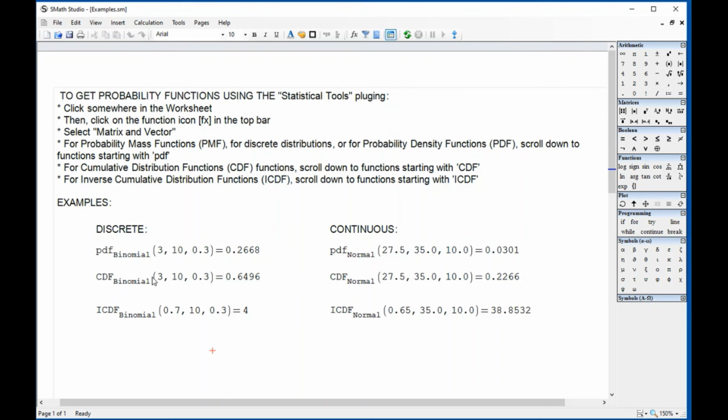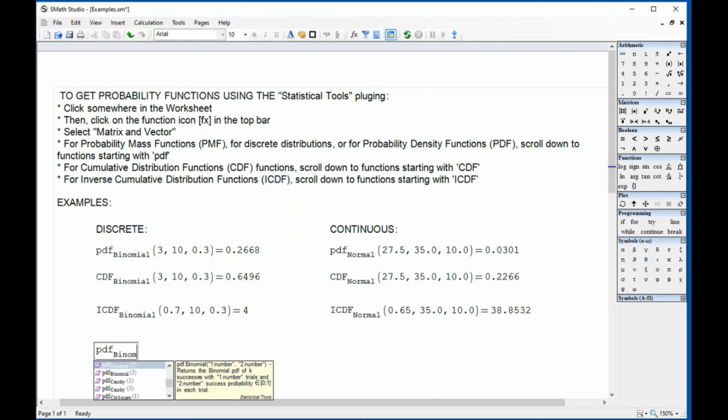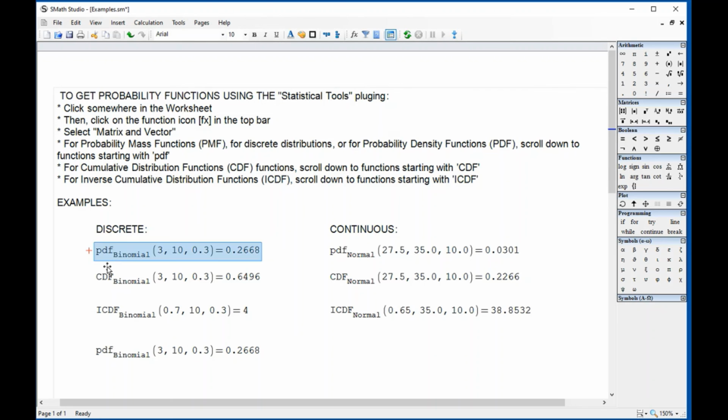These are examples, the PDF binomial. You can type it also if you know what you're looking for, PDF dot binomial, and then start providing the values that you want. So this is the PDF for a discrete distribution, the binomial, CDF, and the inverse binomial. For continuous, I have an example of normal, the cumulative distribution function normal, and the inverse cumulative distribution function normal. We are going to present those in more detail